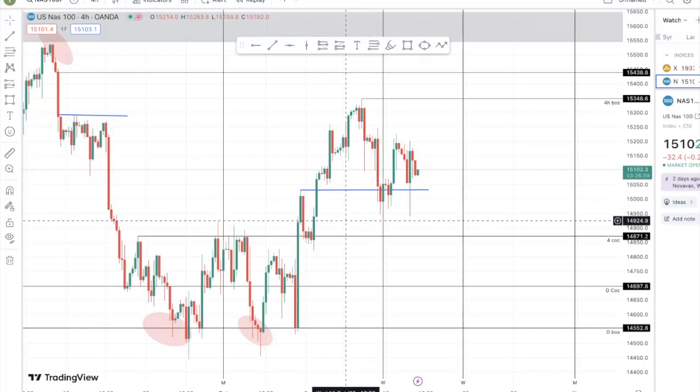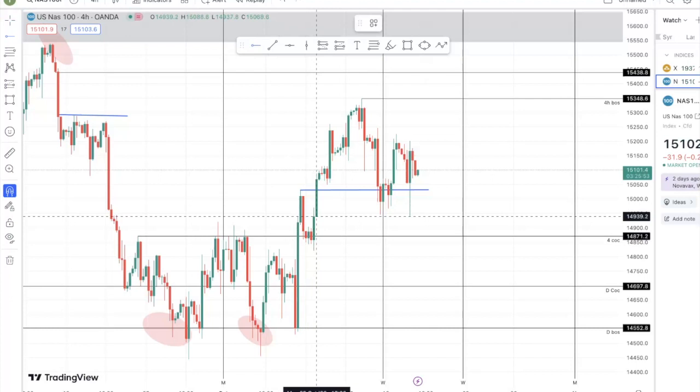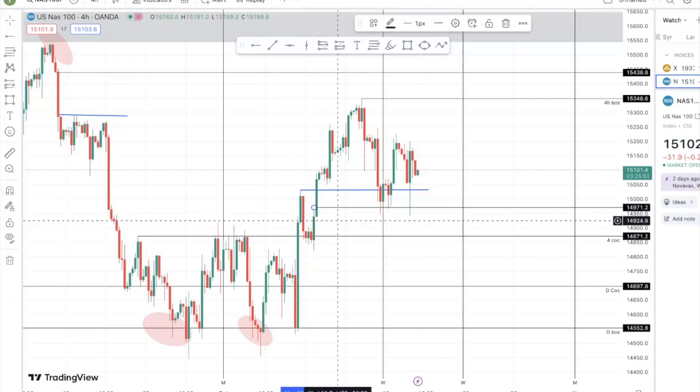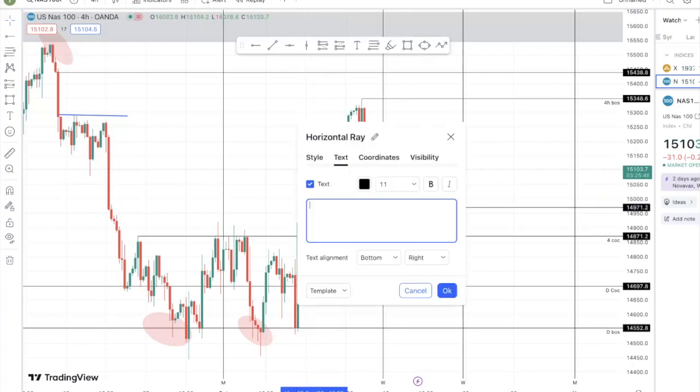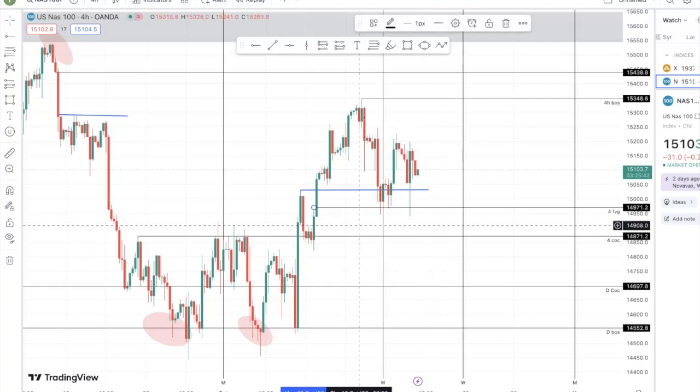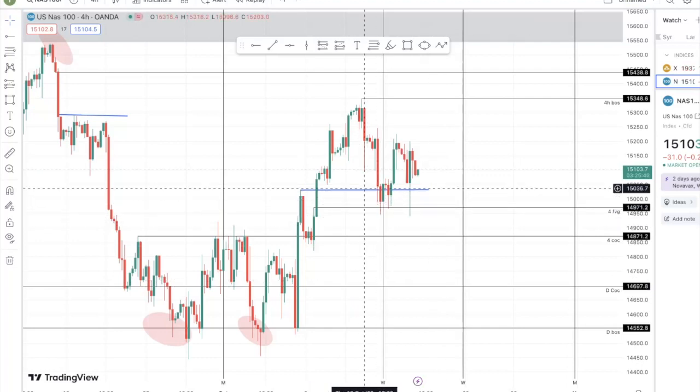All right, price broke that high, came and tested this fair value gap. As you can see, it bounced up. 4 hour fair value gap, it filled that gap,